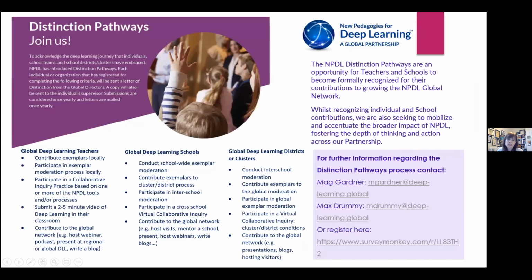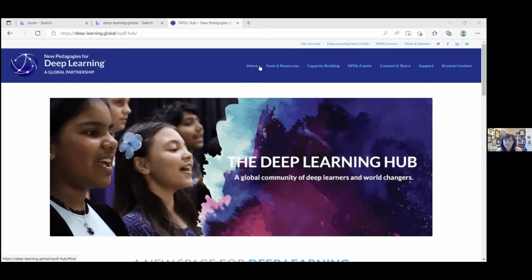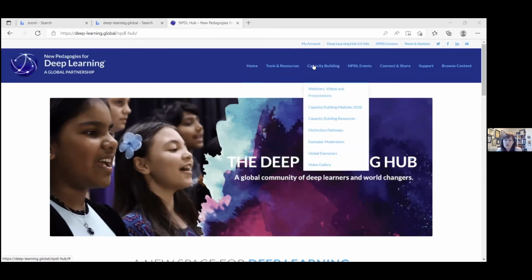Here's a one-page summary if you'd like to share this with your colleagues. If you want more information, you can find it on the Members Hub. And we're going to go there now and show you how you can find it. So here we are on the Members Hub. And if you see across the screen here, there are a number of tabs. If you go to the